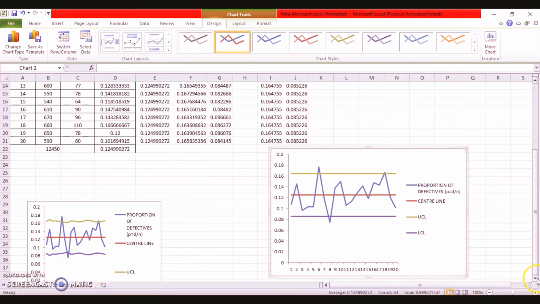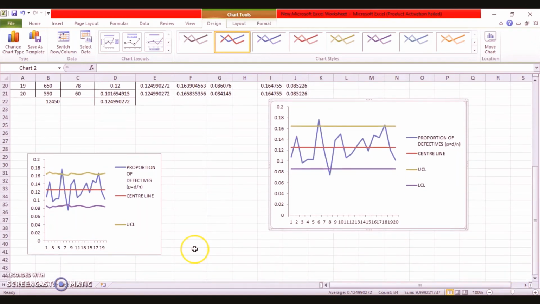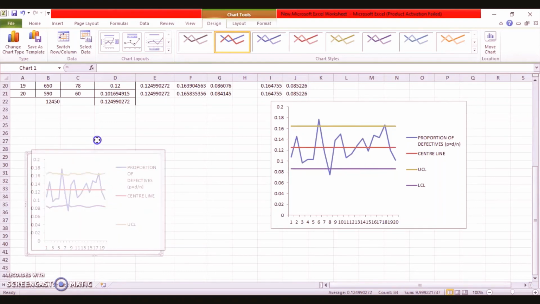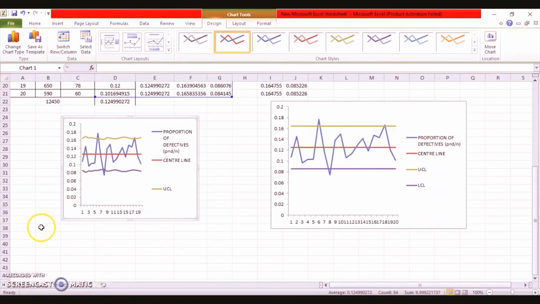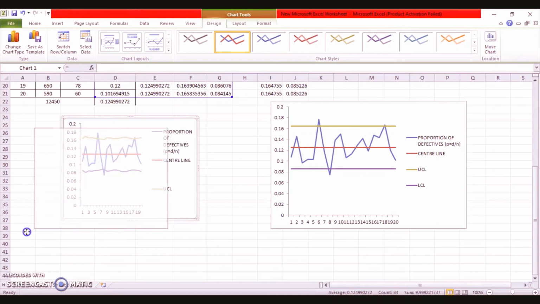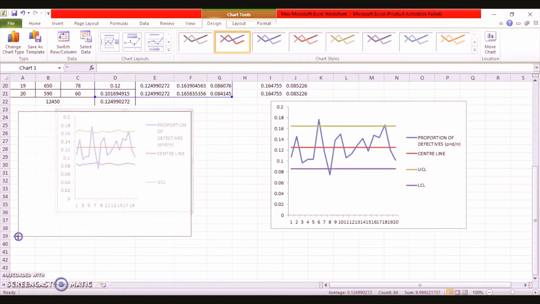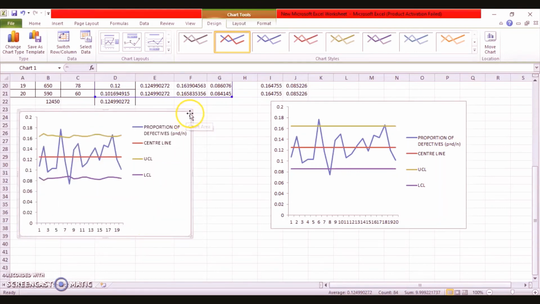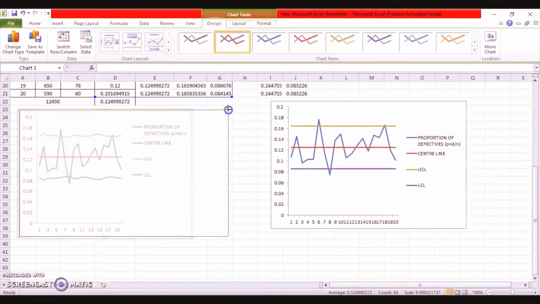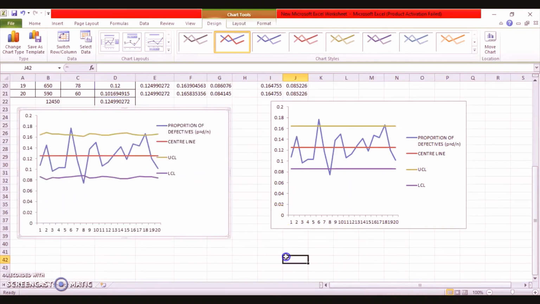See, now you can understand the difference between the two approaches. I'll just expand it a bit so you can see the difference.